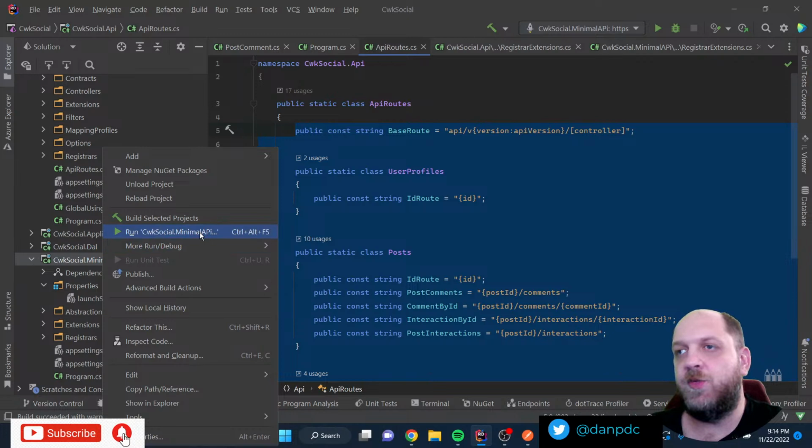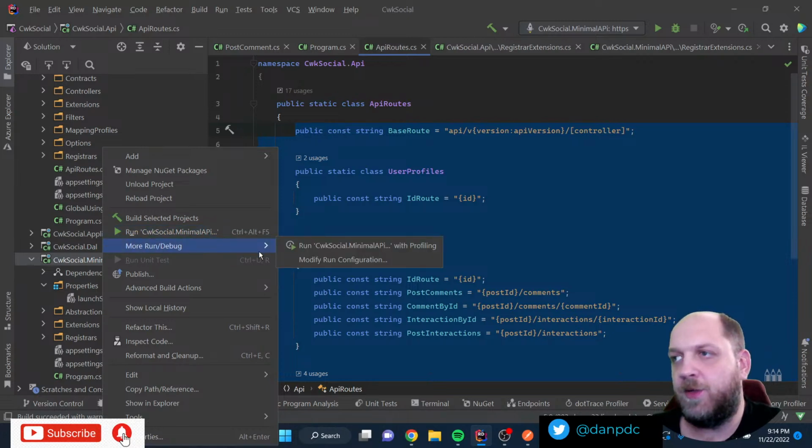And I want these two projects to be totally decoupled, so that's why I do this. Theoretically, I could take out those things that I would reuse in a cwksocial.api.common project, but I don't want to do this because if everything turns out to be okay, then I just want to not use the controller based API anymore and just use the minimal API.